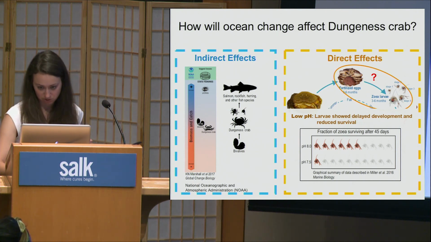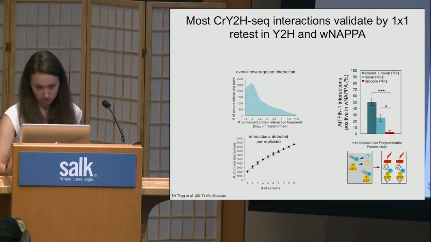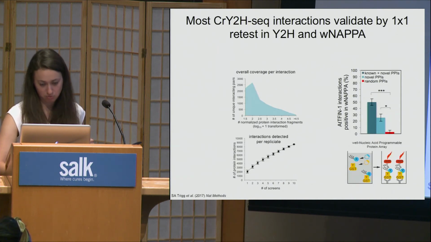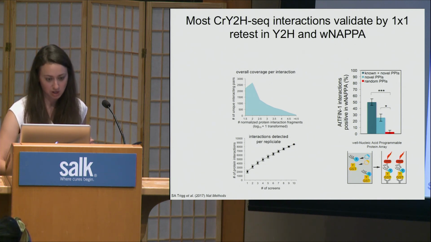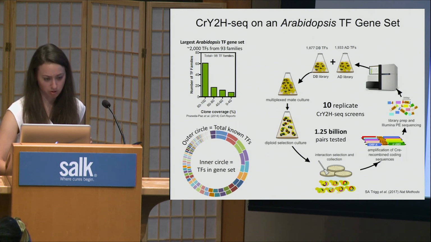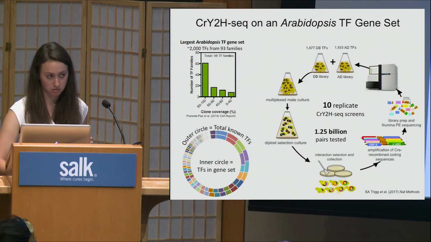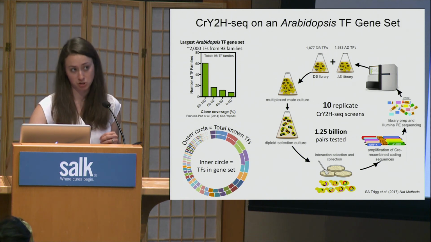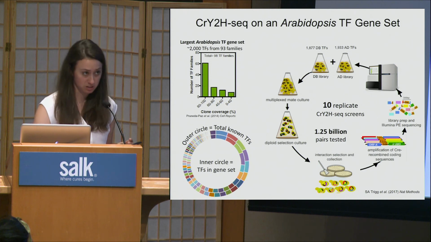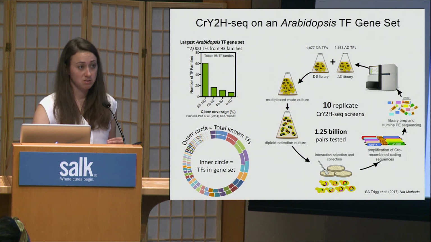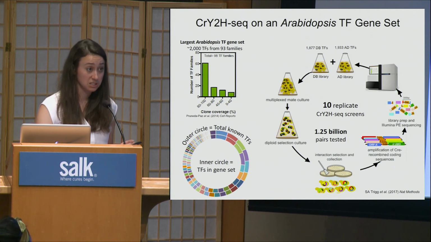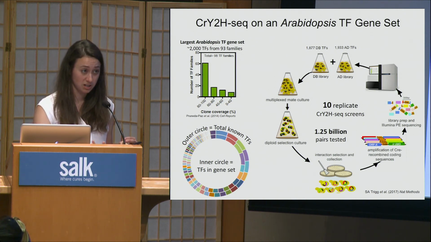So let me show. I'm just going to talk about a general observation, and it was that we were recapitulating about a third of known interactions. So there's still 2/3 that we're not capturing yet. And it can be because our assay is only 50% saturated. It could be because the proteins don't express well in yeast, or the interaction doesn't happen in the yeast.